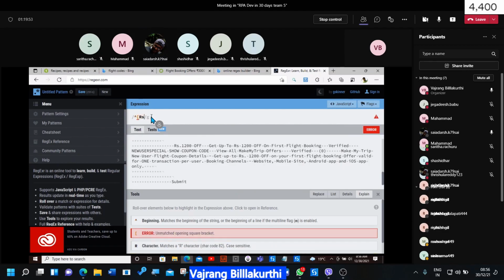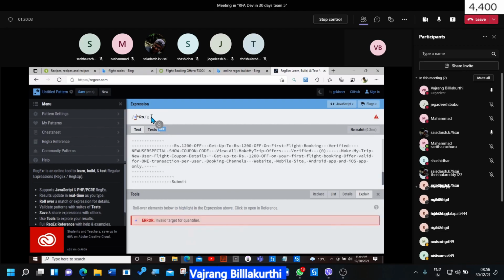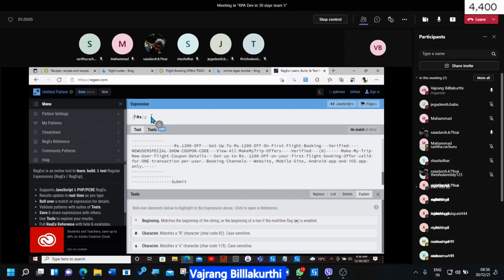For RS we have spaces. I think this is coming in with star, and then because RS we are not starting, there are some stars in between before RS.